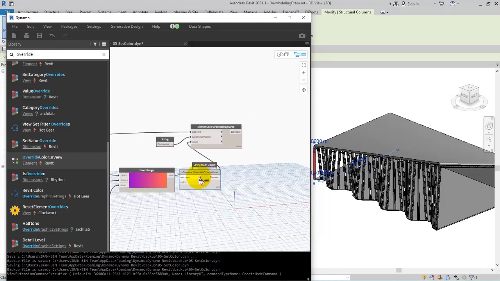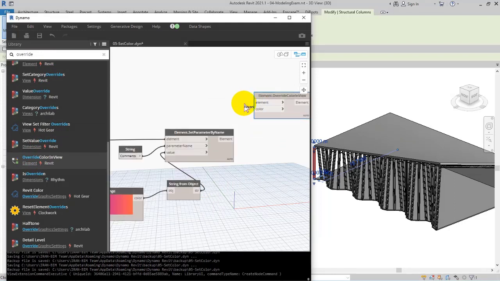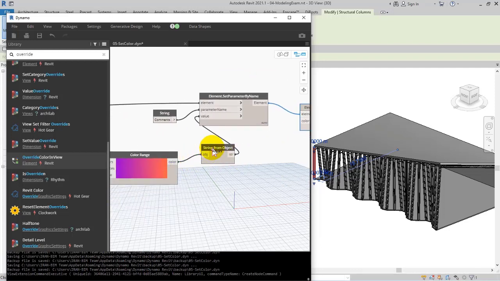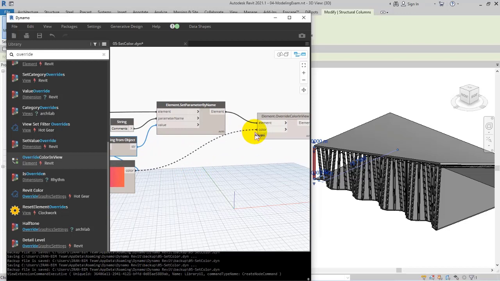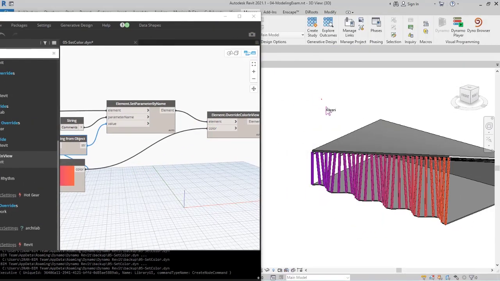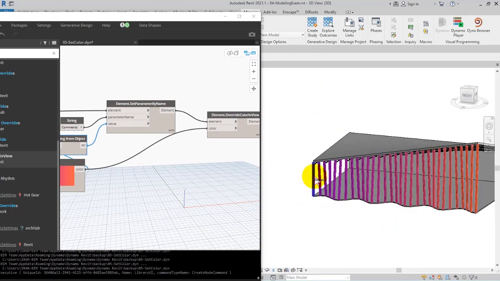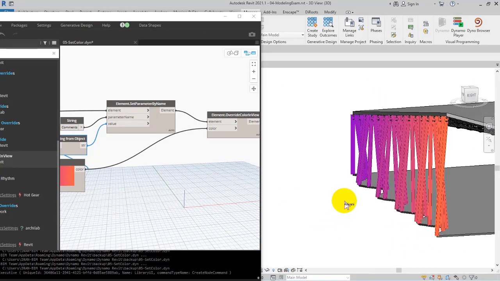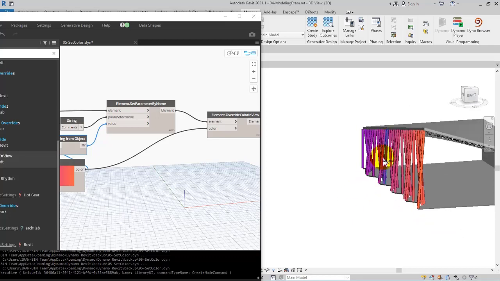Then I specify the element, and after that from the color range to override color and view. Check it out, we just applied the colors to the columns in this way. As you can see, we create a color range just because of the codes we consider for it, and you can use it as a parameter